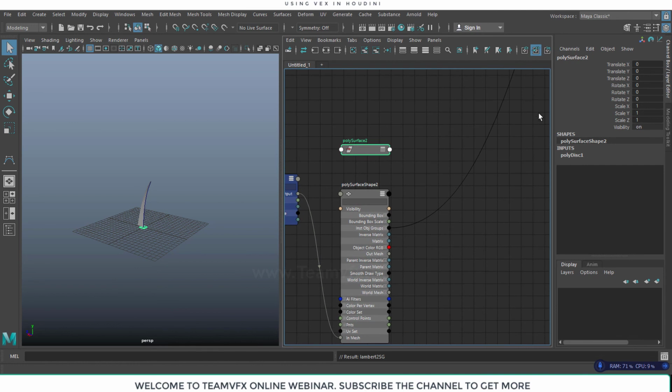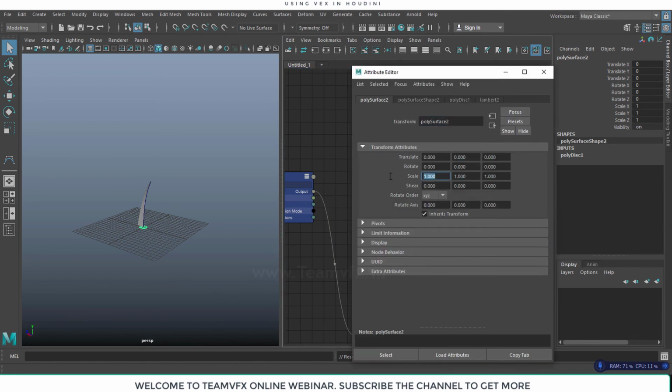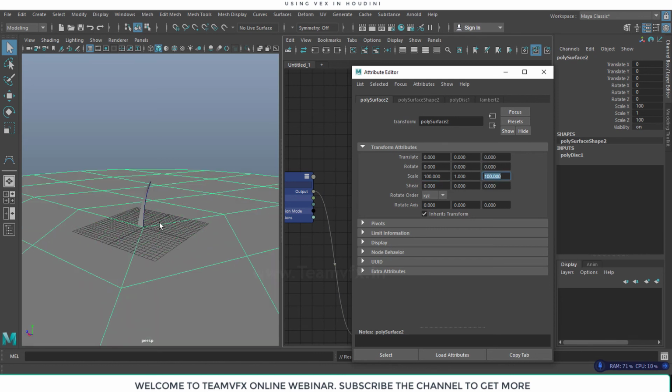You can see there is one connection also going to my Lambert. What we need to do next is increase the size to 20 and 20. Okay, I think we need it a little bigger, as the leaves of the grass are a little too high, so I will make it 200 or 100 is quite okay. Yeah.